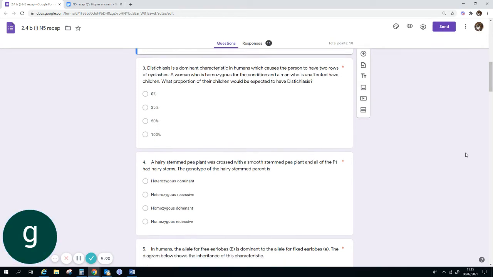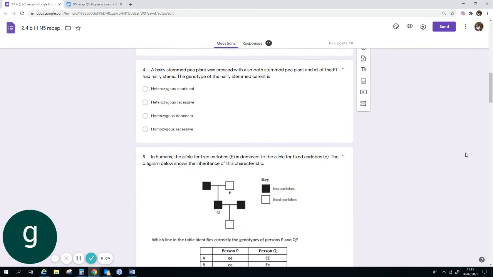For the next one, a hairy-stemmed pea plant was crossed with a smooth-stemmed pea plant, and all of the F1 had hairy stems. The genotype of the hairy parent. Now,